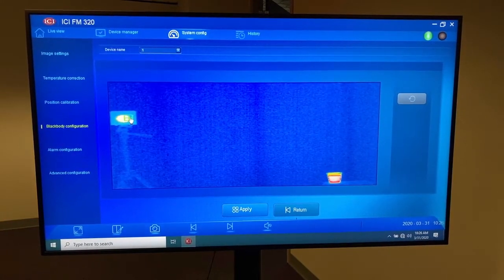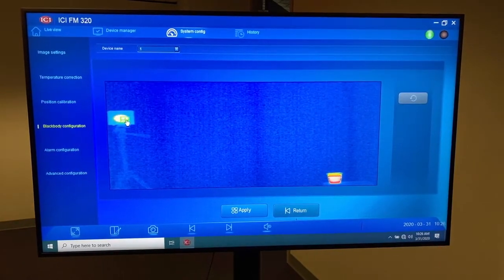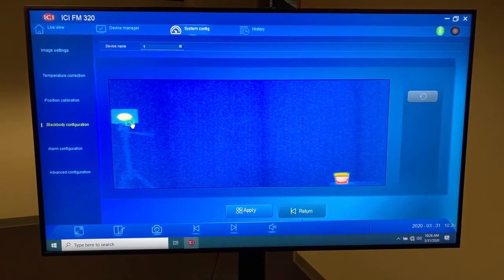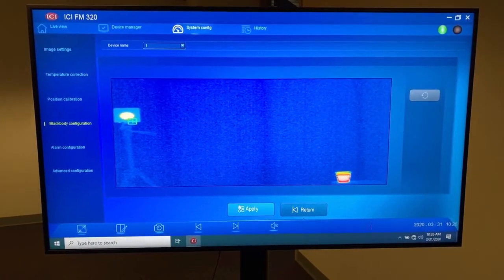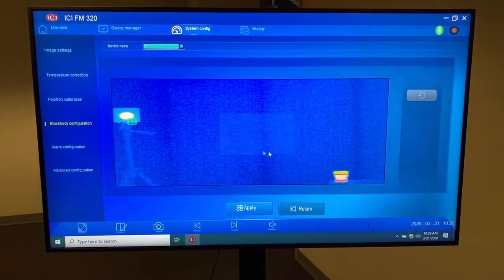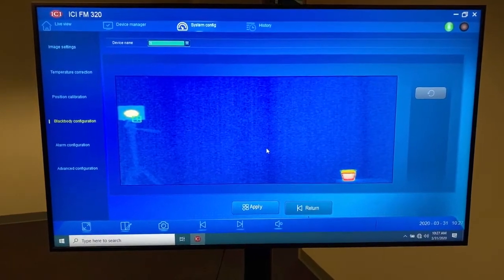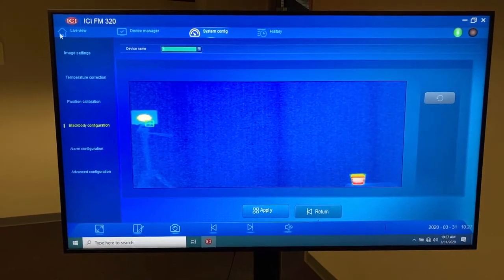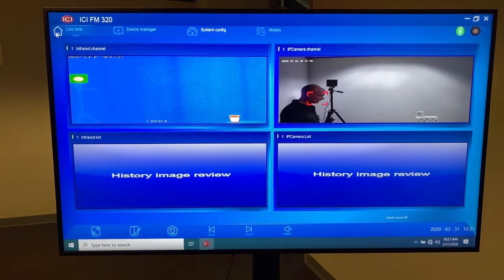Now let's say the black body gets shifted or the crosshairs get a gross misalignment and it's on the edge of the black body, bumped off just enough. So now we're going to apply that setting. Again, we are creating this error state. So now we're going to go back to live view and I'm going to show you what happens with the temperature. You're going to get a reading that's